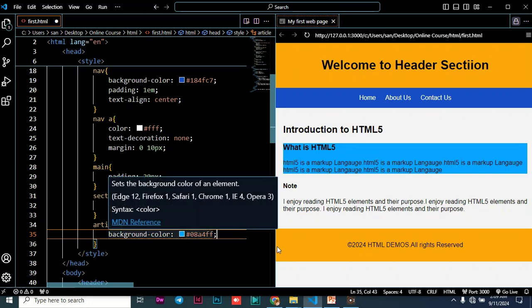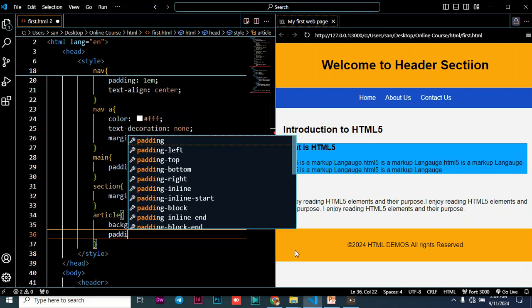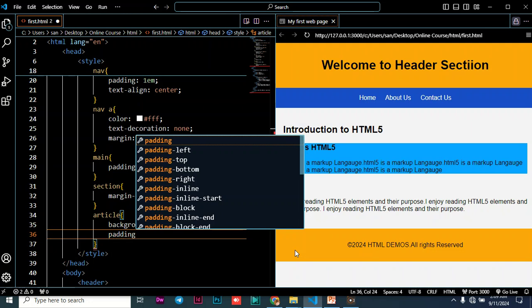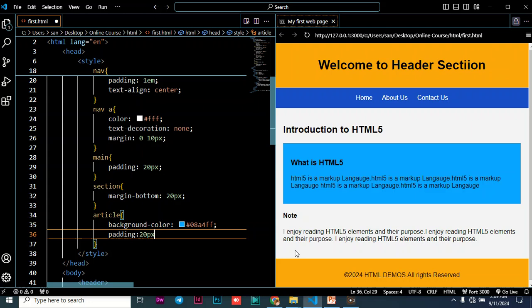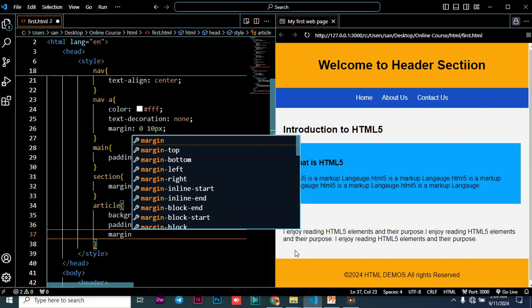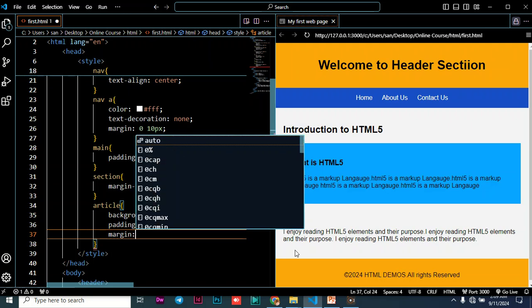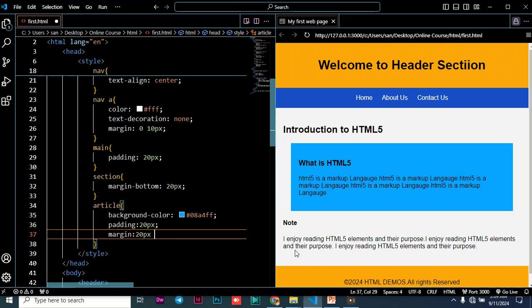And then we are going also to add some padding to the article, and the padding that you're going to have here is 20 pixels. And then you're also having the margin. You're going to have the margin, and the margin here is 20 pixels top down, and then you're going to have 0